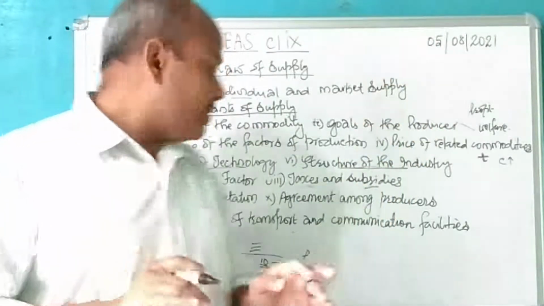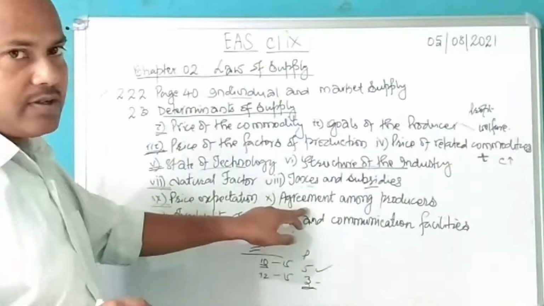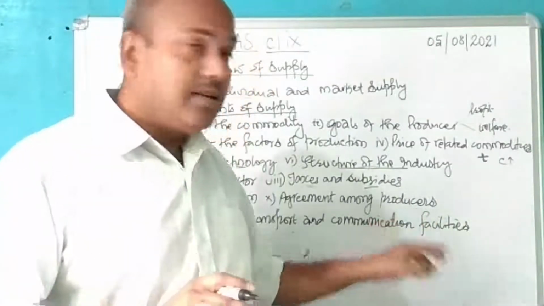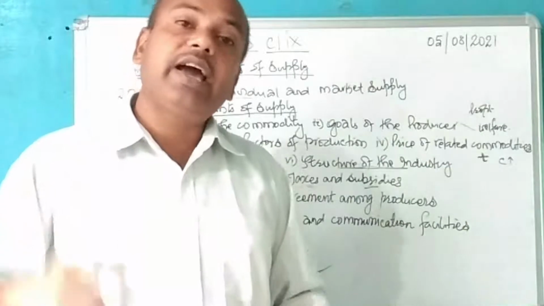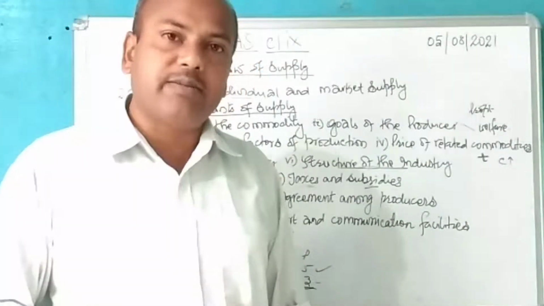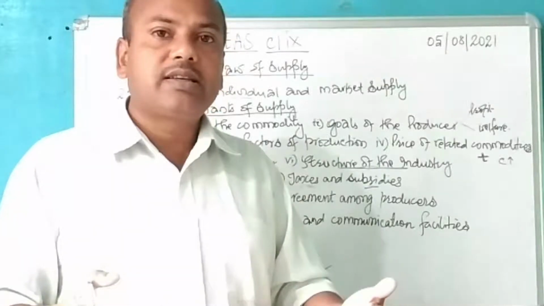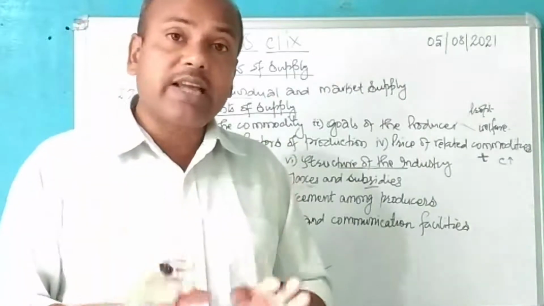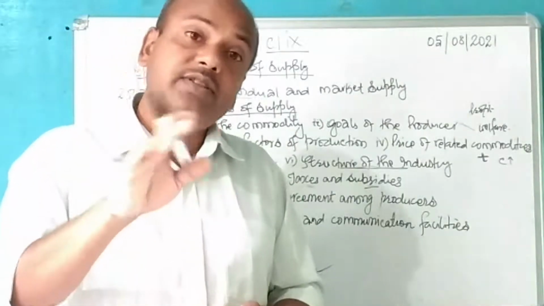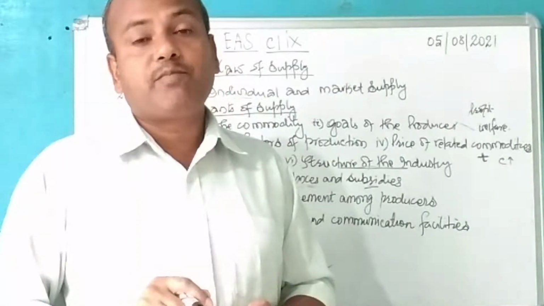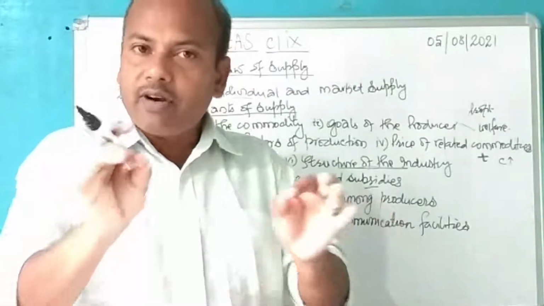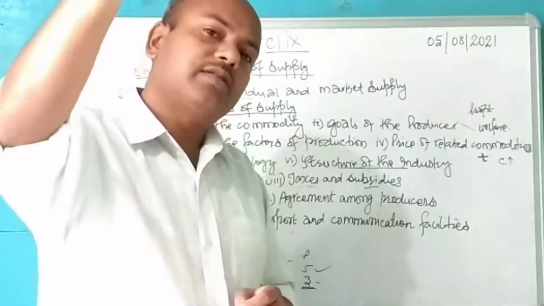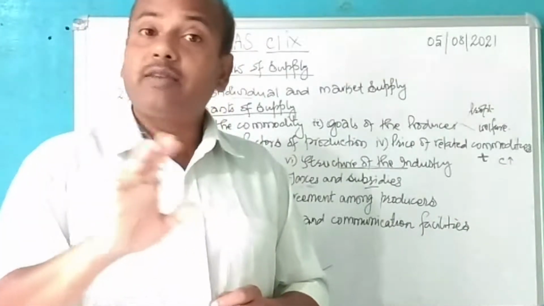Alright? Now next is agreement among producers. All those producers who are producing a homogeneous product, if they have an agreement and together they reduce the supply and create artificial scarcity in the market and then increase the price, then all producers will benefit. So if there is an agreement, then they can influence the supply of a commodity. But if they have no agreement, if only one producer withdraws his supply, then other producers will keep on their supplies. So supply cannot be affected.